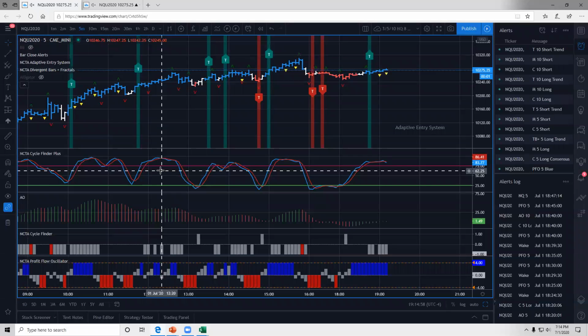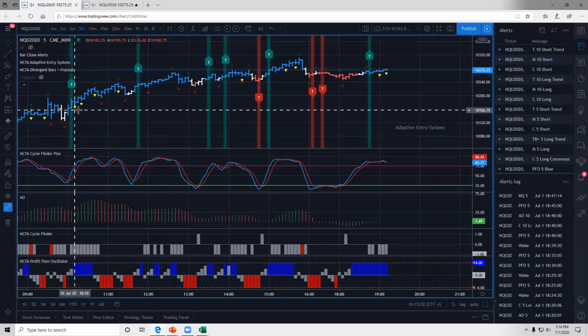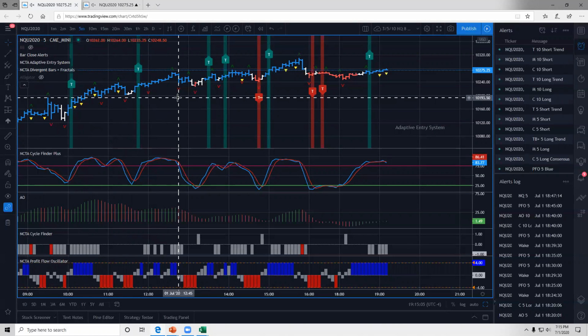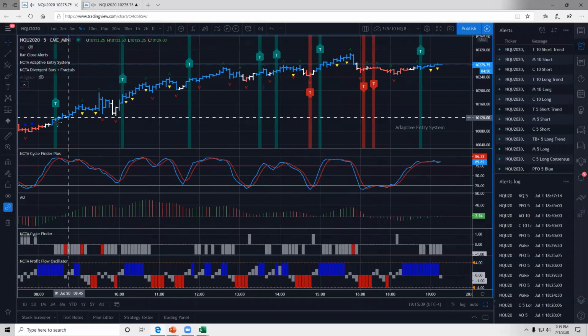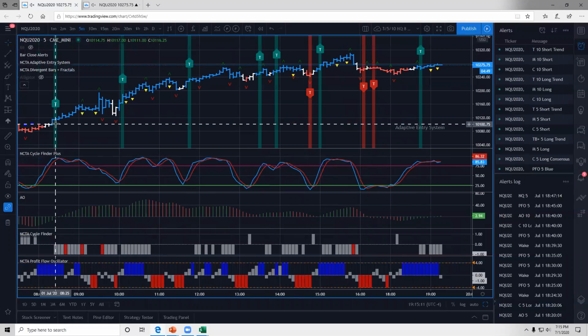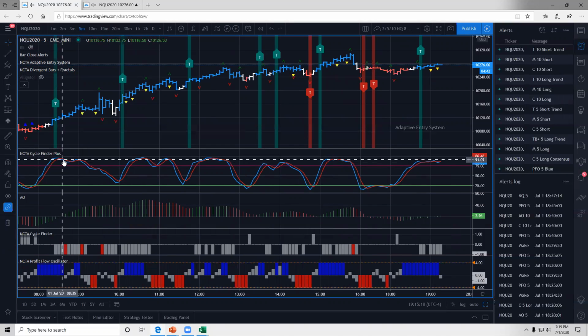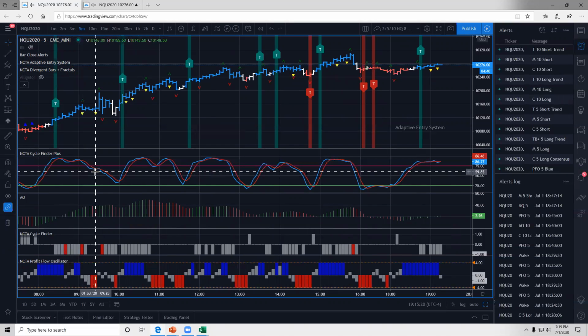bit of a head fake, especially on a day like today where you've got a very, very strong trending bias to the upside almost the entire day. I mean, there really wasn't a lot of wavering on that. That upward bias trend started actually an hour and 5 minutes before the regular market session started. And there were some indications on the Cycle Finder Plus that you might have a pullback,